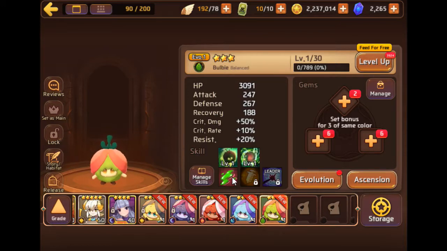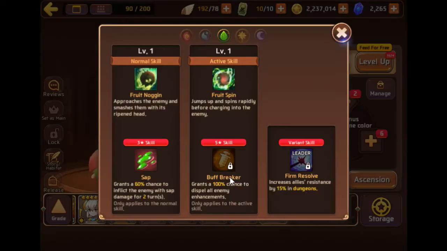And then we have the wood one, which is a balance type, so kind of even stats across the board. 60% chance to inflict enemy with sap for 2 turns. So 10% of an enemy's life if it hits, and then buff breaker, 100% chance to dispel all enemy enhancements. Can be used, I can say, in probably PvP, or I would say even not Titans, but Colossus, because the buff breaker